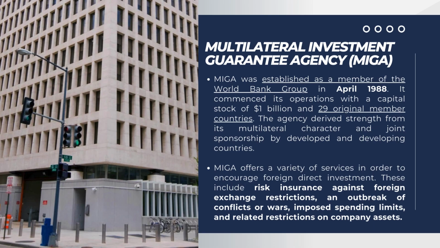History of MIGA. MIGA was established as a member of the World Bank Group in April 1988. It commenced its operations with a capital stock of $1 billion and 29 original member countries. The agency derives strength from its multilateral character and joint sponsorship by developed and developing countries. The agency was created to complement both public and private investment insurance against non-commercial risks in developing countries. Its multilateral character and sponsorship by advanced and developing nations were seen as bolstering confidence among people going across borders